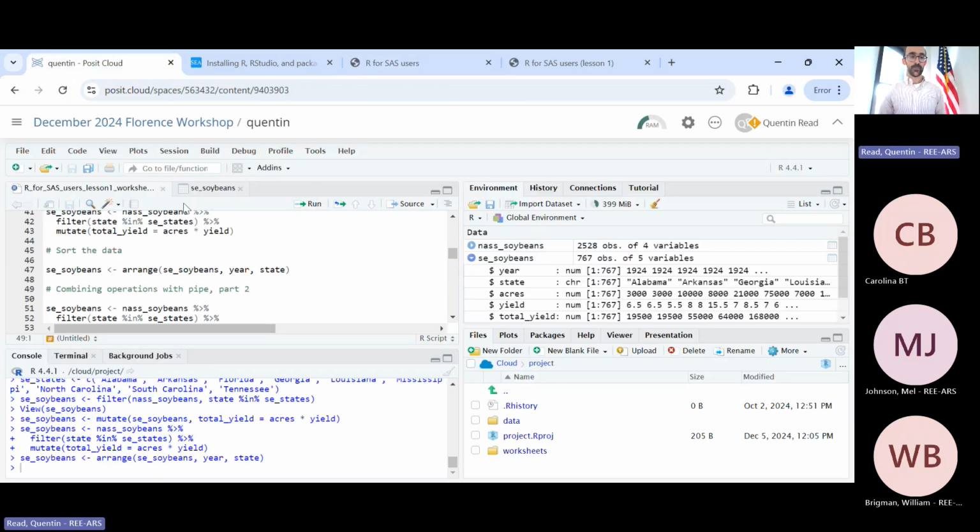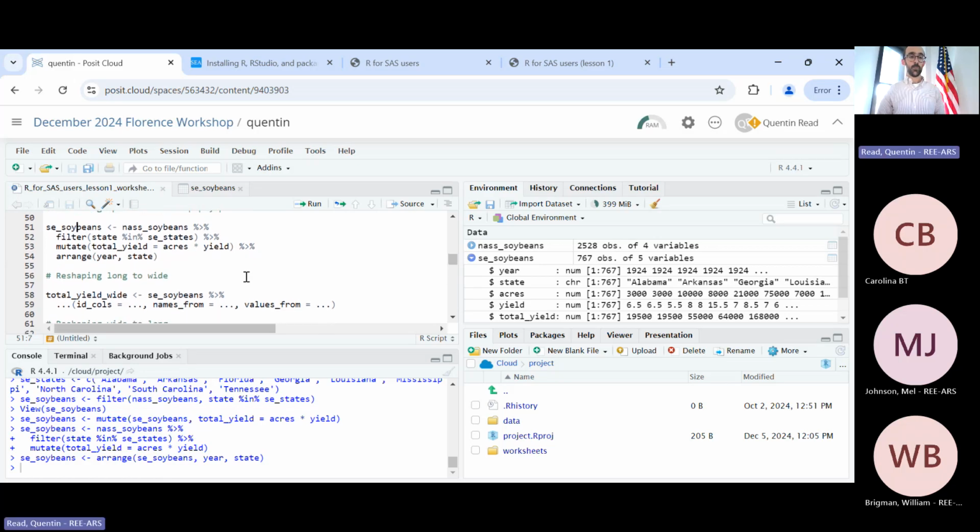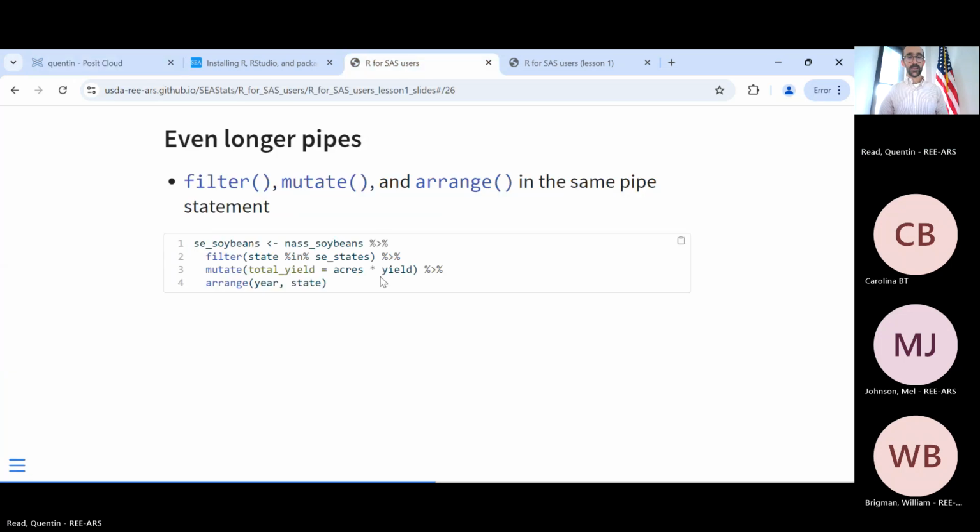But again, this is all the stuff we've already done. I just gave you that whole code. This will do exactly what we just did, just written more concisely. Okay, next step